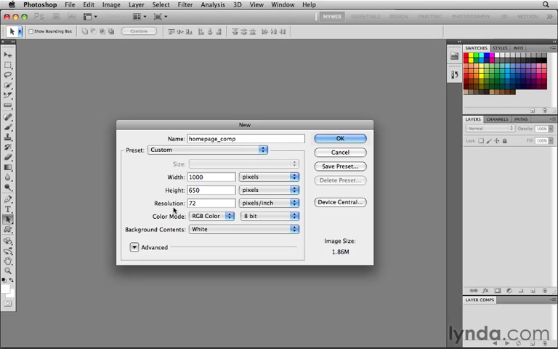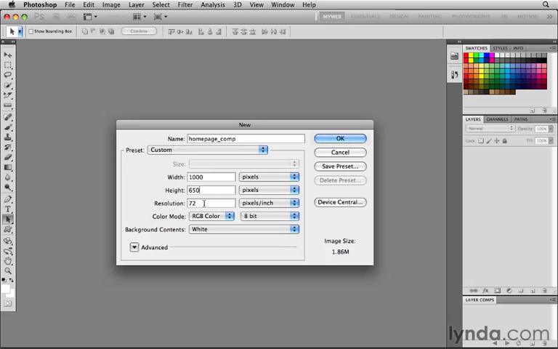The next field is the resolution field. Because I've set the dimensions of the file in pixels in the width and height fields, it really doesn't matter what number is here in the resolution field. It doesn't have to be 72, as you may have heard, because in this particular dialog box in Photoshop, resolution just means the number of pixels that would be allocated to every printed inch if the file were printed. I don't intend to print the file, I'm making it for the web, and the size on screen will be fixed by the number of pixels of width and height that I've entered up here,